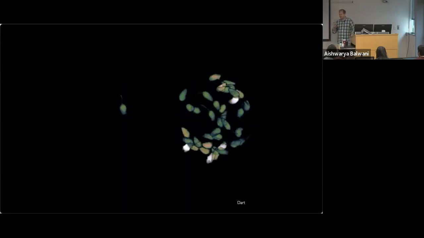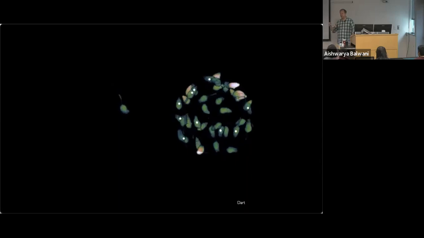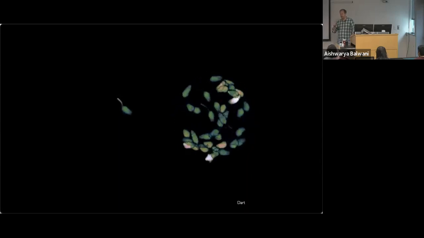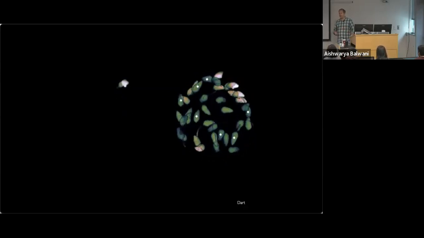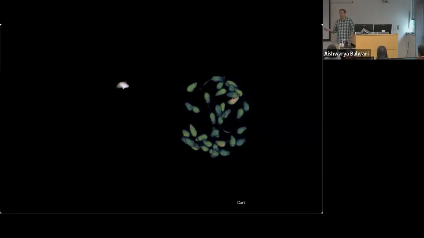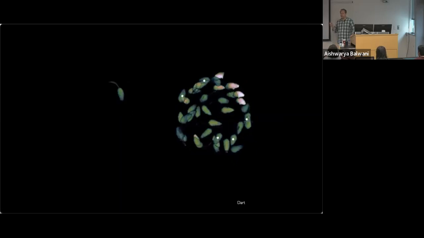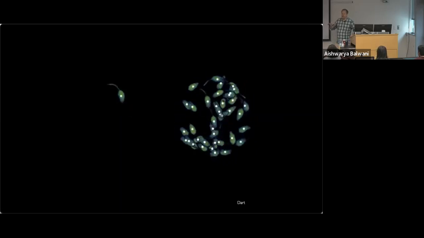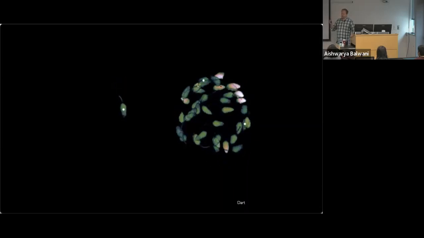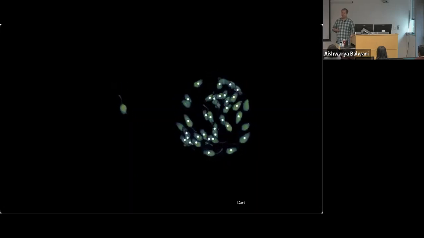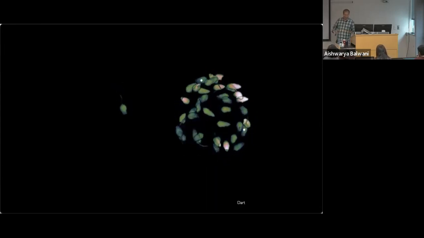That's absolutely correct. So the way it finds these syllables that correspond to forward movement isn't because we've given it absolute position and velocity. It's because when the mouse darts forward, it engages a particular pose and a sequence of poses that are employed during walking. We rarely find, I don't want to say absolutely, we never find syllables that have both still and movement, but I think it's very uncommon. Usually you find syllables that have similar movement speeds, like we see here. All right, so this is a darting behavior.